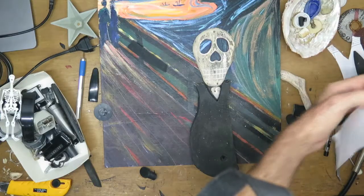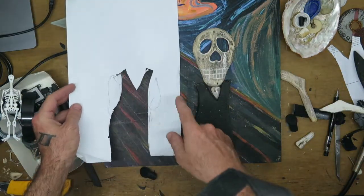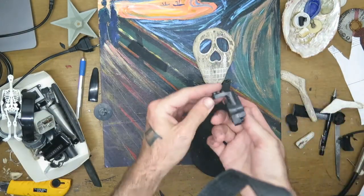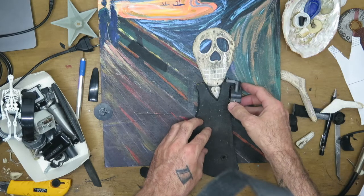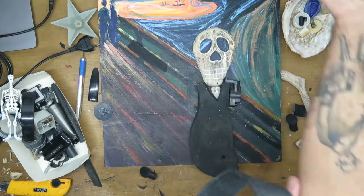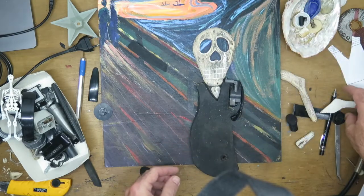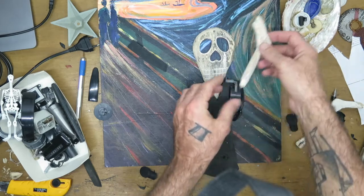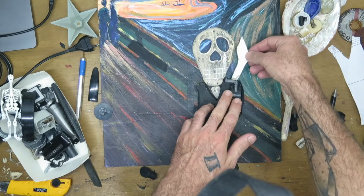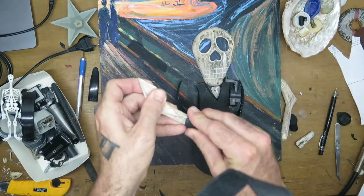So, from my trace out, I want to create some shoulders and some elbowy bits. So I thought, I've got this could be like a little shoulder thing. And then to create like a little elbow, I thought I could put this like that. And then cut this one shorter and stick it in under there. So it'll be about that length, which is that one. So cut that one down. And then on this side, maybe I could do